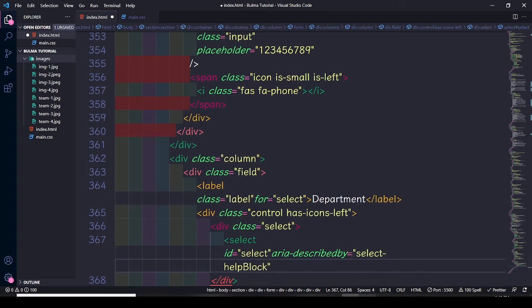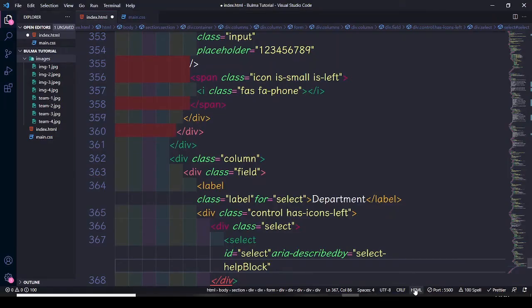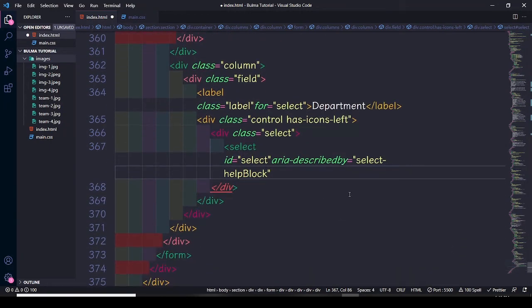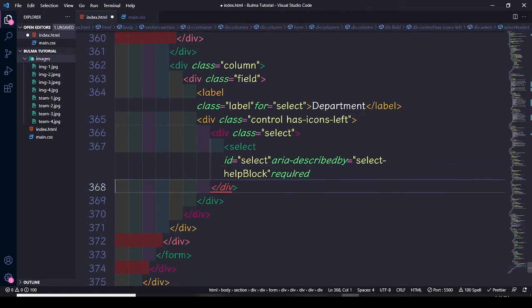This is for what? Let me show you here. In this one, so the department, and this is what we are doing now. Okay, so it should say that select-help-block, and we must add a required field here, required, and then after